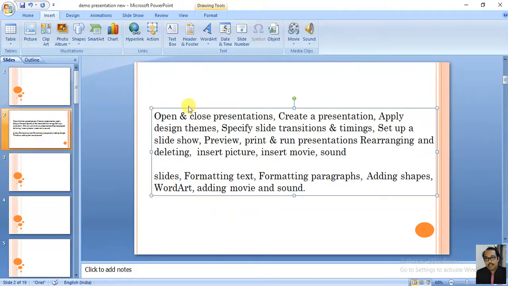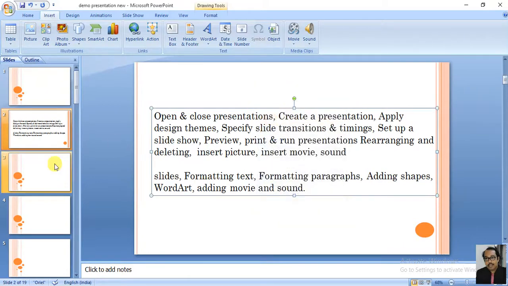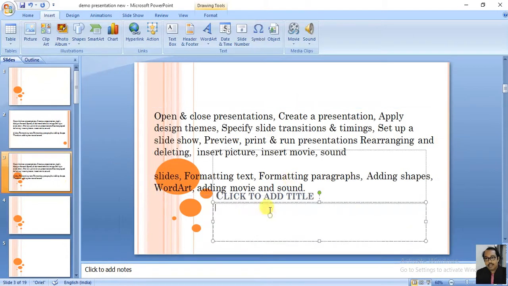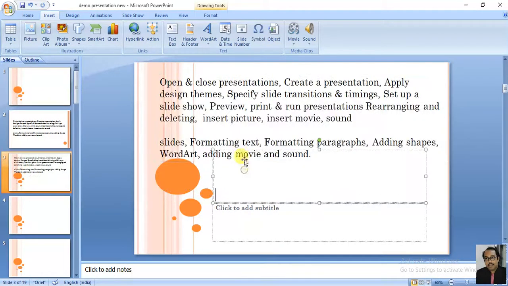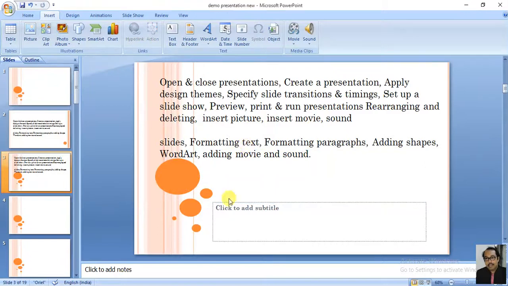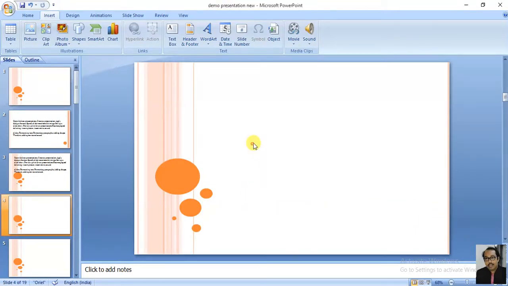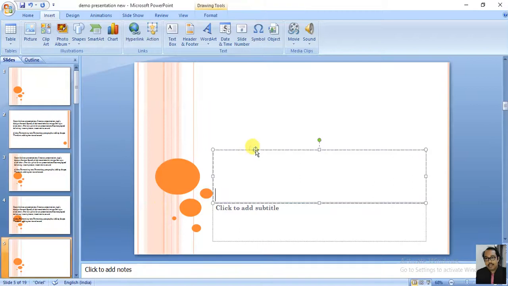Okay. Now I'm going to copy this text box into multiple slides. These are the slides. Paste. What is happening here? You can paste it, the same thing.